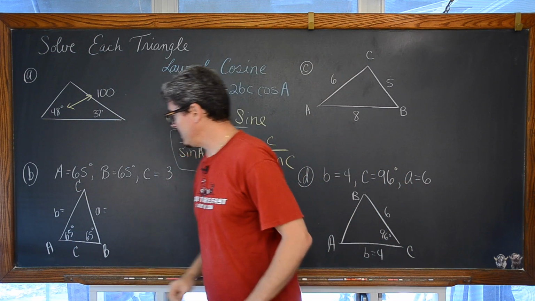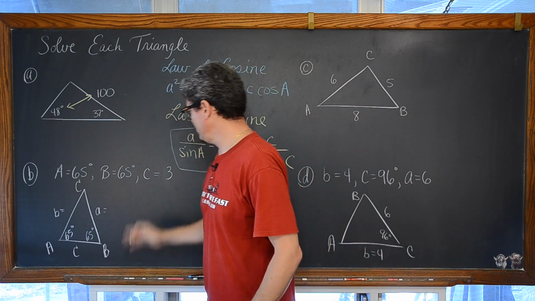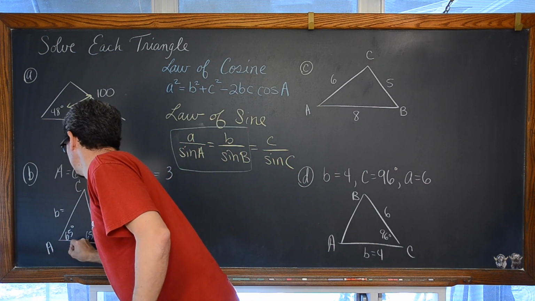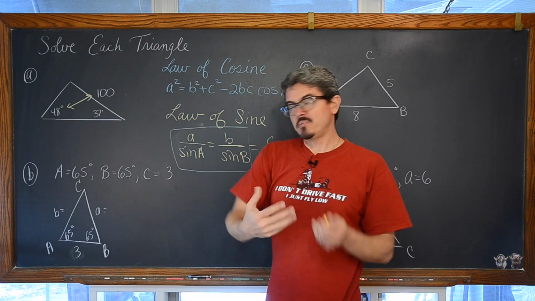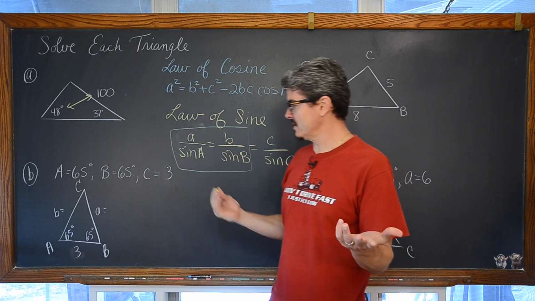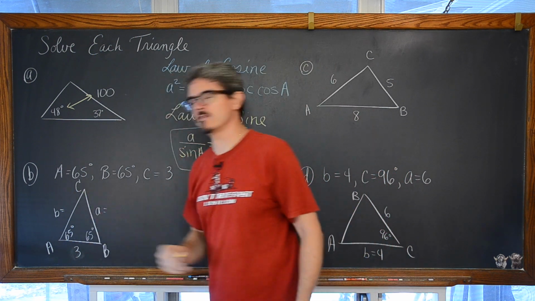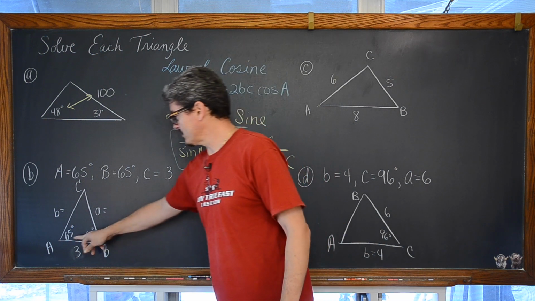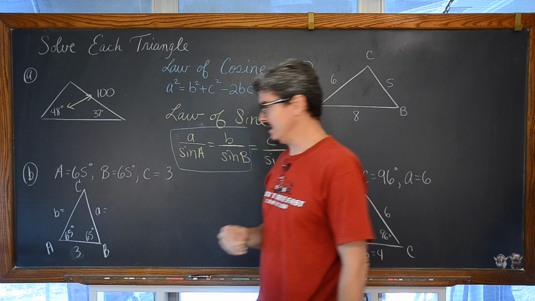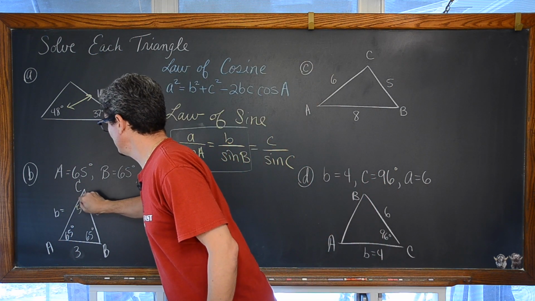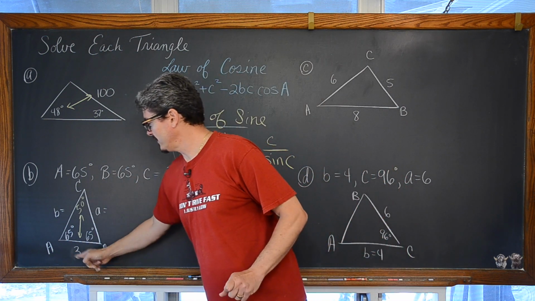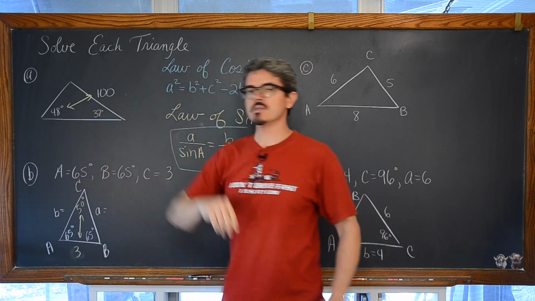Here, since we're told that c is equal to 3, it doesn't appear that we know a side and the angle opposite to that side, but we do. How many degrees are inside of a triangle? 180 degrees. So 65 and 65 makes 130 degrees. Take that out of 180 and you've got a 50-degree angle. One part of this triangle is already solved and we know an angle and the side opposite. So this is also going to be solved with law of sines.